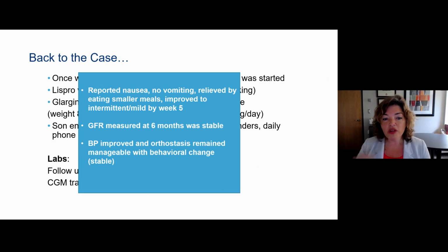She did not have vomiting. It was relieved by eating smaller meals, and she improved to intermittent mild by 5 weeks, which is really what the clinical trials have shown. We have not titrated her Trulicity for dulaglutide because she's actually getting to where she needs to be at a